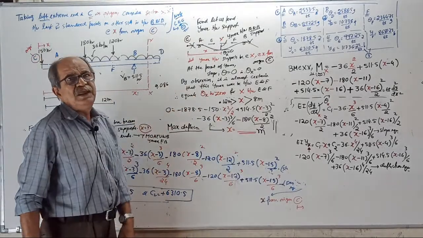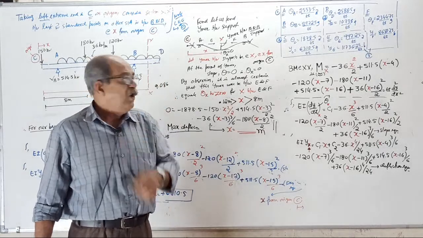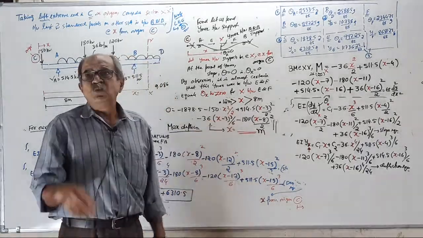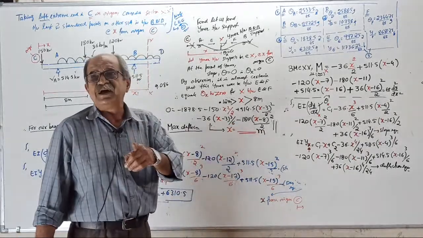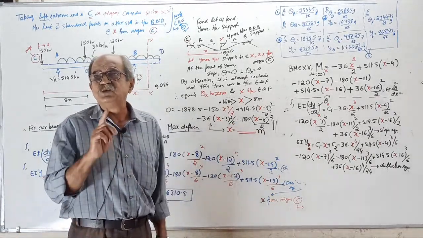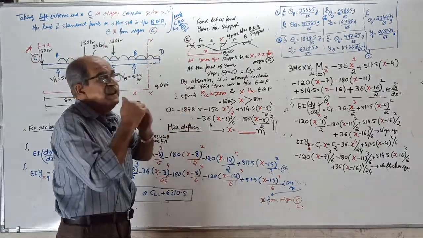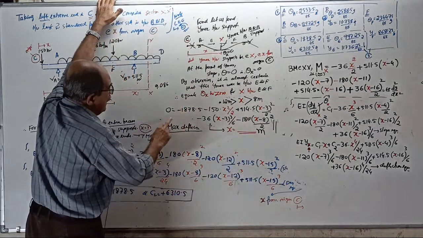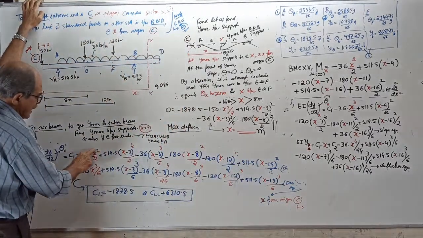So you should equate the theta x equation to 0, using the equation only for that value, or only those terms should be considered for which x should be within range. So when you equate, see, this is there, C1, 150 into x square by 2,